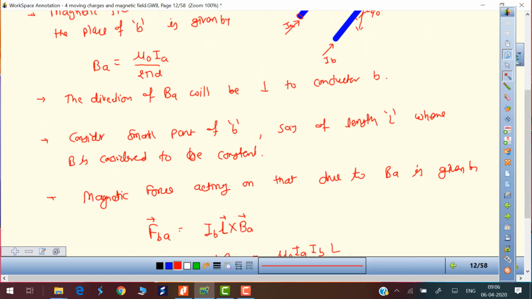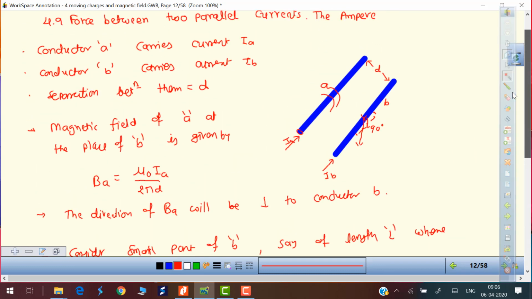Now what is the direction of this again? To determine the direction, again I go here. If you see from this side, it looks like this. This is the B direction and this is the current direction. If you rotate your screw from A to B, it is going inward. So here inward means toward this side. Understood? This is the direction of current in B. I am looking from that side.